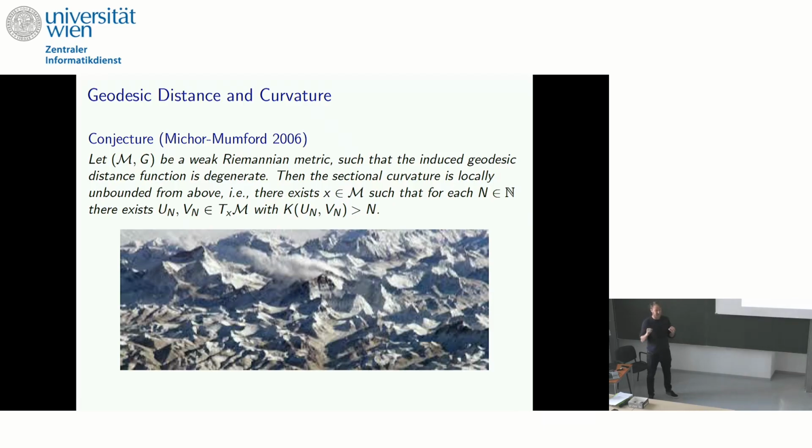I don't think that this is an equivalence. There are examples of spaces with positive unbounded curvature that do not have vanishing geodesic distance. But I believe that the other implication might be true: as soon as your curvature is bounded, I believe that the geodesic distance should be well behaved. But I don't have an idea how to tackle it, and it seems pretty difficult. But I would be happy if anyone wants to work on it.